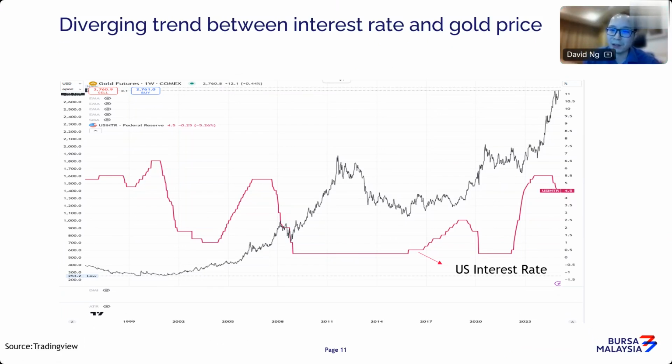Now, with such a view in the market, especially when it comes to interest rate expectations, that means the high interest rate environment in the US is going to stay. As long as there is a high interest rate environment and inflation is high, eventually it will benefit gold. You can clearly see that over the longer run, despite gold being a non-interest bearing asset, when you have inflation plus a high interest rate environment, gold tends to be favored. So keep that in mind. Do watch out. I think inflation and interest rate are important elements to look at,